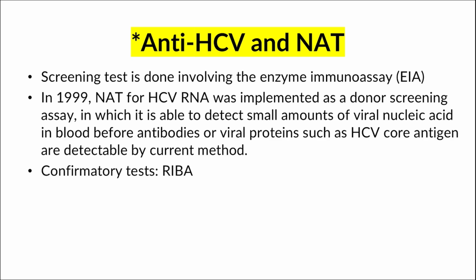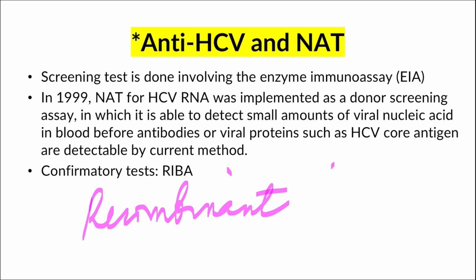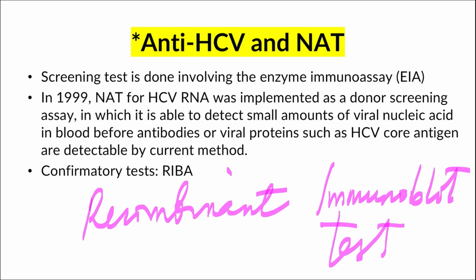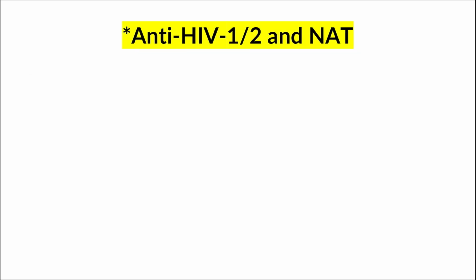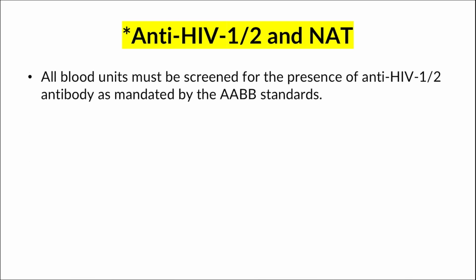And of course, the confirmatory test, that is RIBA. So what is the meaning of RIBA? That's recombinant immunoblot test, RIBA. And then of course, next one, we have the anti-HIV, very important, and still the nucleic acid test or nucleic acid amplification test. So all blood units must be screened for the presence of anti-HIV 1 and 2 antibody